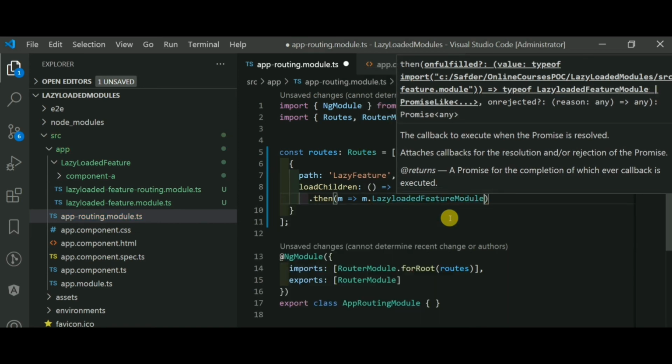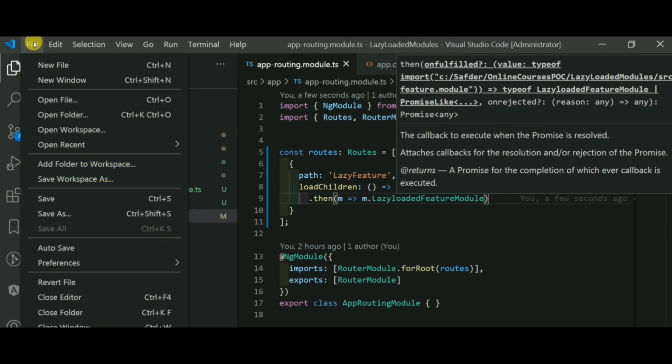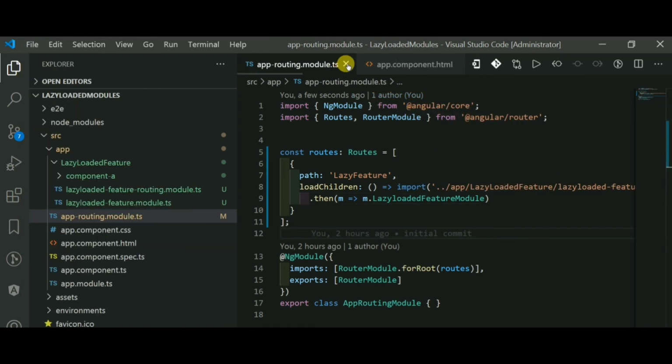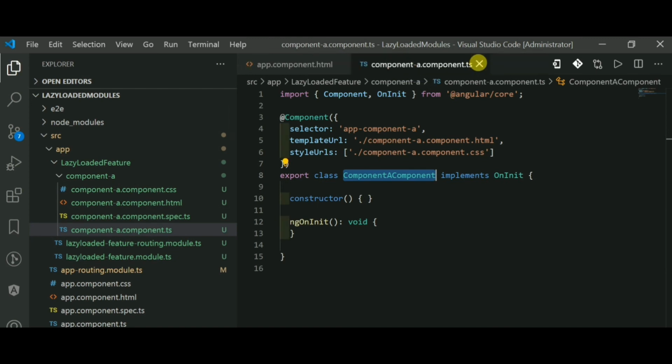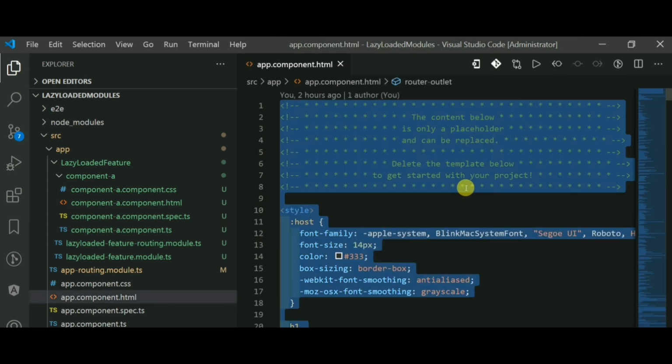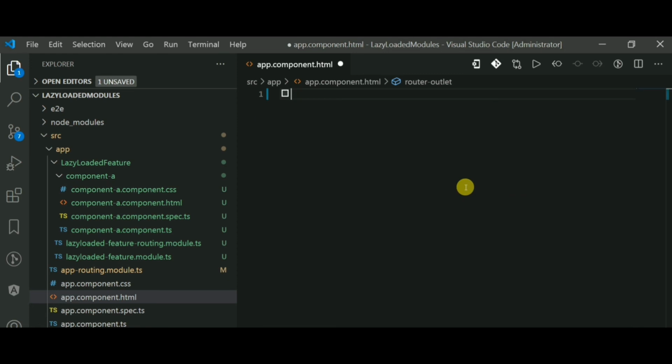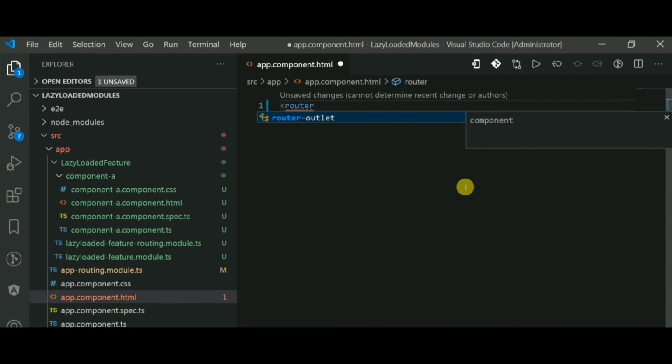I have just saved all the changes, save all, so nothing is pending for the save. With these changes we have implemented the lazy feature, but we need to verify whether our changes are lazily loaded or not. For that we just need to clear some of the content from the app.component.html, so I have wiped out the default content. We have to put a router outlet here, because the router outlet will show us the result of the loaded component. And I'm going to use one button here,